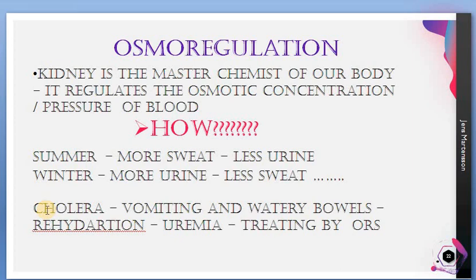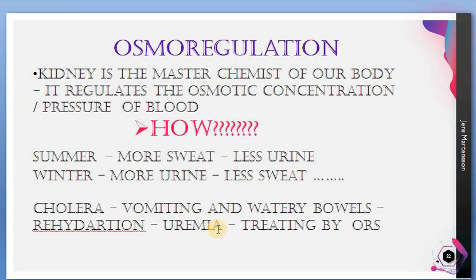So the kidney will be struggling too much to maintain a normal level. But beyond its limit, because of the huge pressure and stress created in the kidney, sometimes urea is taken back into the blood. That leads to a condition known as uremia. So uremia means accumulation of urea in the blood. This is important: uremia means accumulation of urea in the blood.